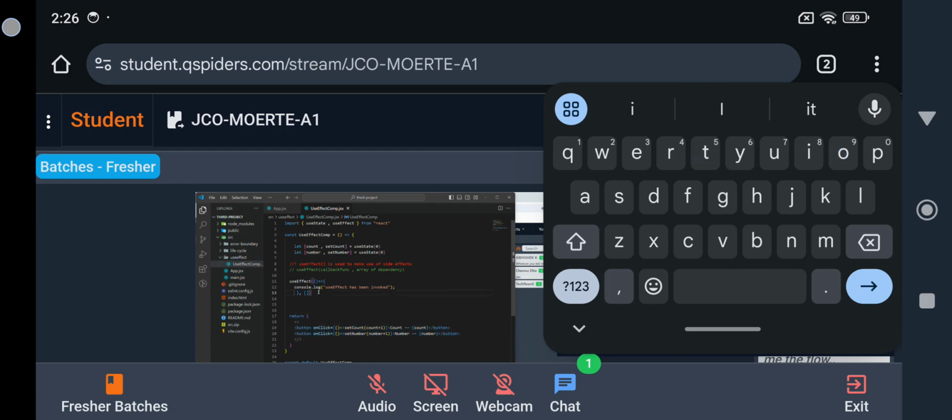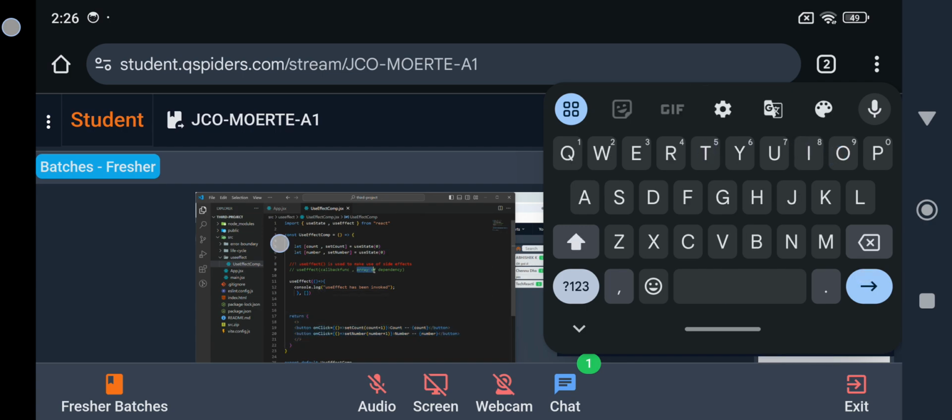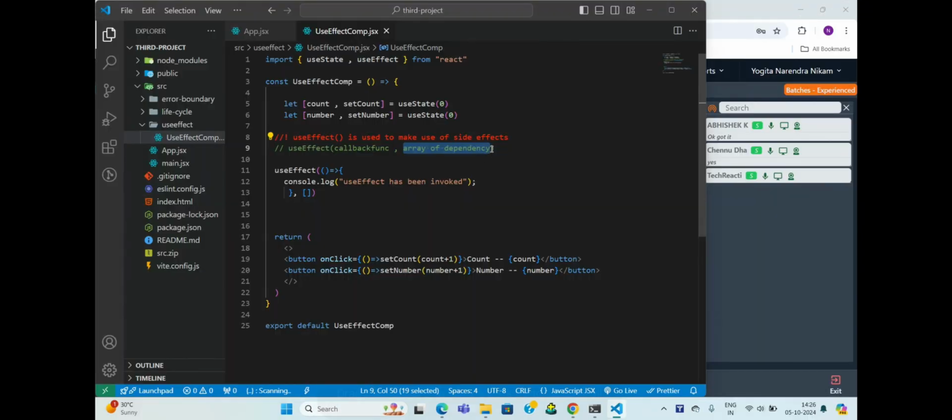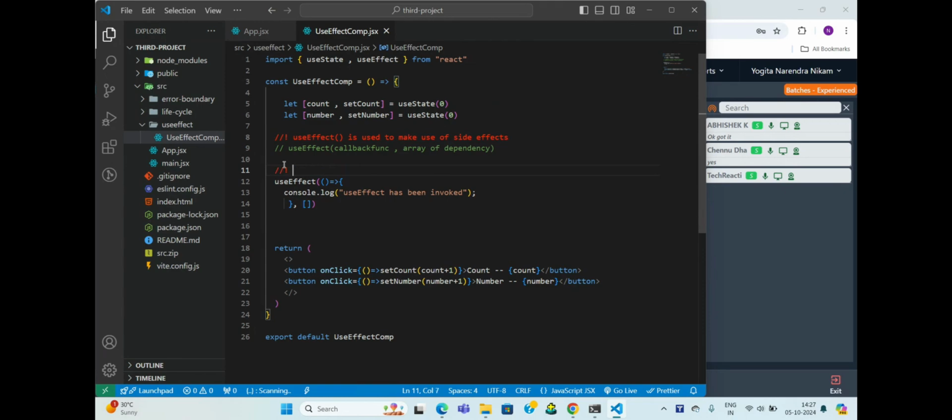In the second case, I have passed the array of dependency. Now, what is this array of dependency? It is an array which will give you the value of dependency. Means you have to decide that this useEffect should depend on what. You have to specify to this useEffect that you want it to execute depending on what. First is what, without array of dependency. So the next case is